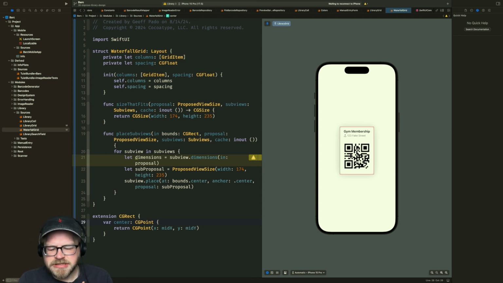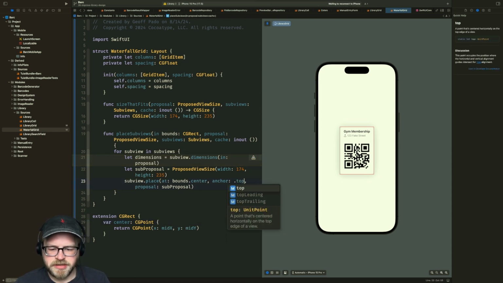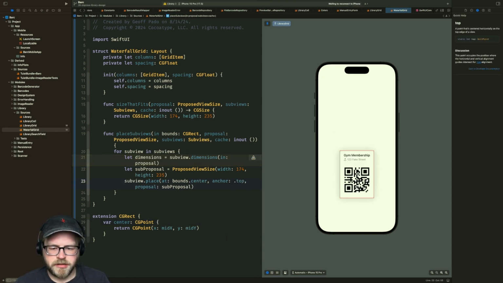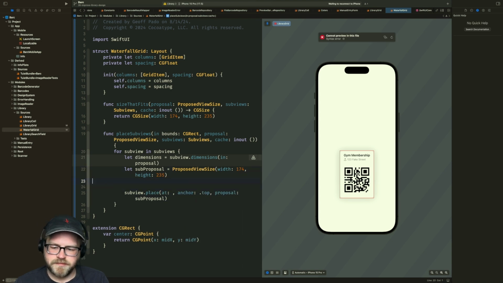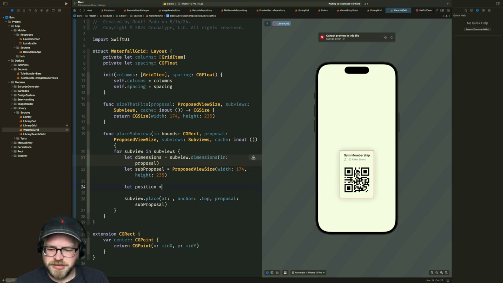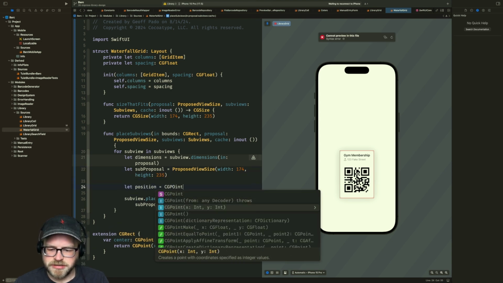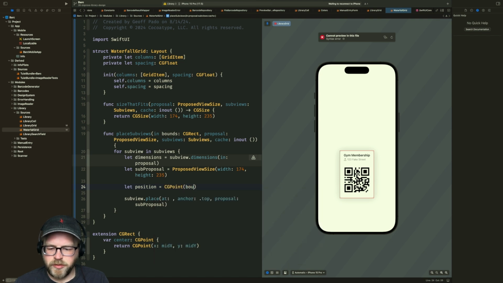Okay. Let's turn this into a simple VStack, I think. Here's what we're actually going to start with. Our anchor is now going to be a top anchor. That does that. Okay. Let's go ahead and say bounds... Well, okay. Let position equal CGPoint. We're going to go X